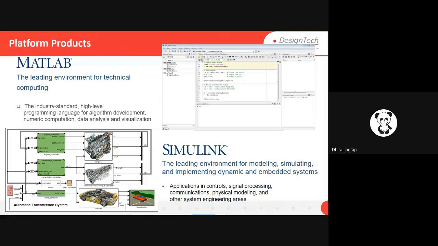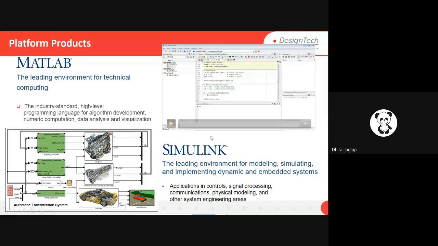Now the platform products. MATLAB and Simulink are the two main products available in the MathWorks product family. This is MATLAB: a complete line-based, coding-based environment, where you do the programming, also with some apps so you can complete your work.